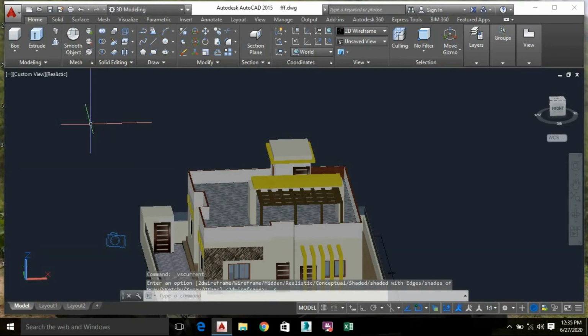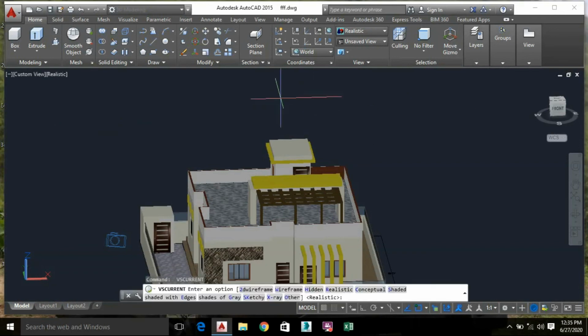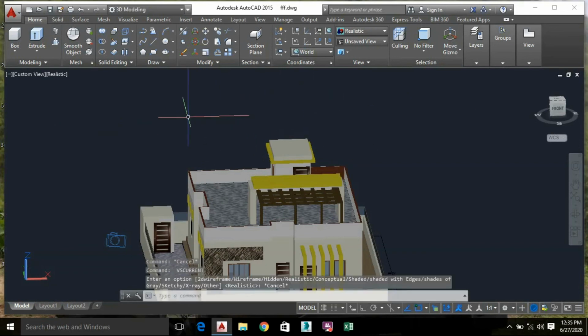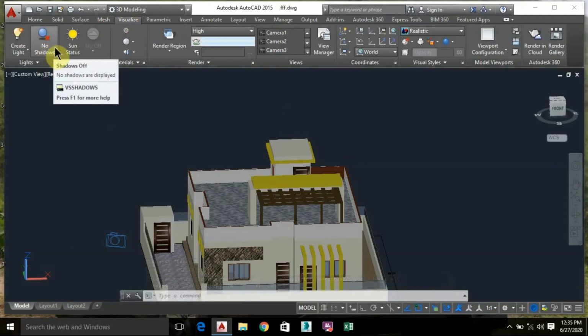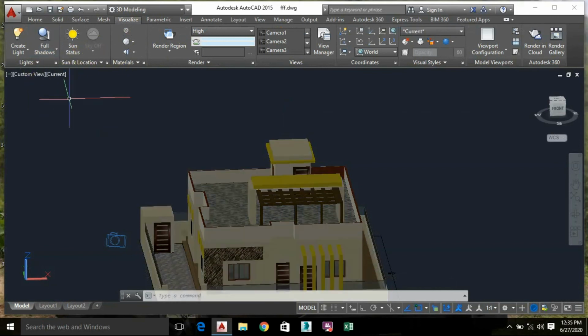Now we'll go to this visualize option in the toolbars and make some render settings. Go to this visualize, make the shadows to full shadows, select the sun status as on, select this on, okay. Now you can see the sky options are not available. Actually you have to go to this camera 1, you have to select to the camera 1, just go to